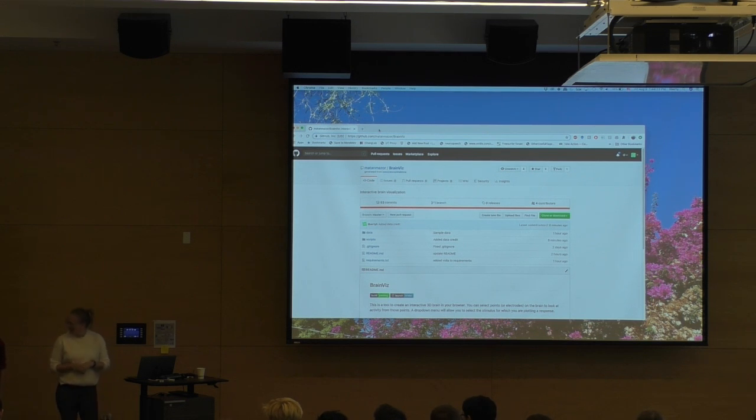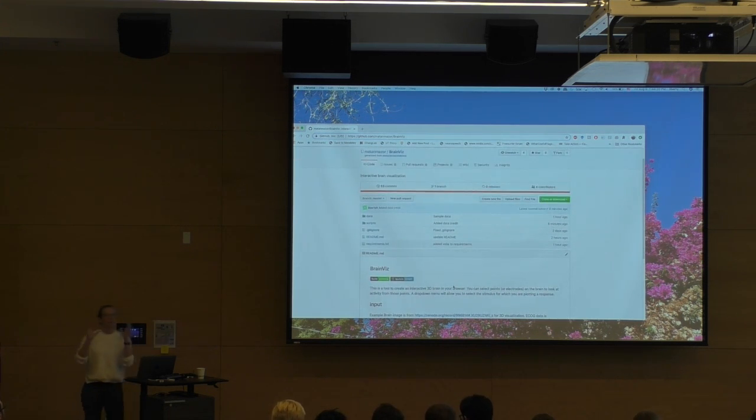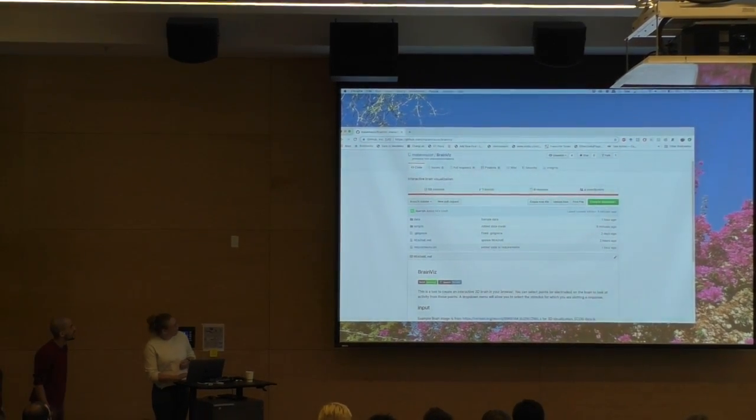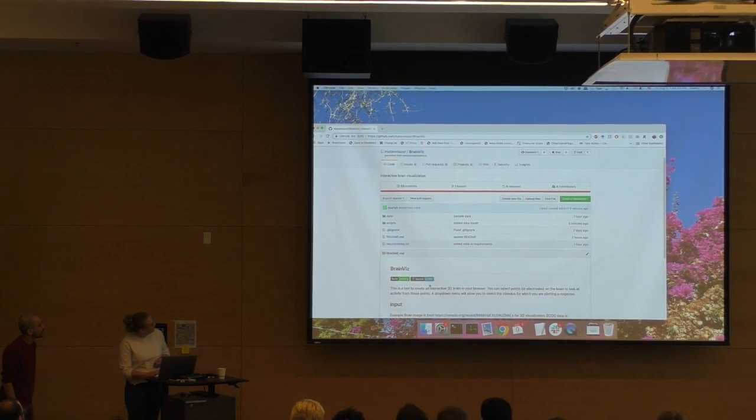Okay, so we created an interactive visualization for looking at 3D brains with electrodes on them and time series data. One nice thing is it's actually running on Binder, so you can try this out on your own computers if you just go to Matan's GitHub and click on Launch Binder, which is down there. And I'm actually going to open the one that I have launched